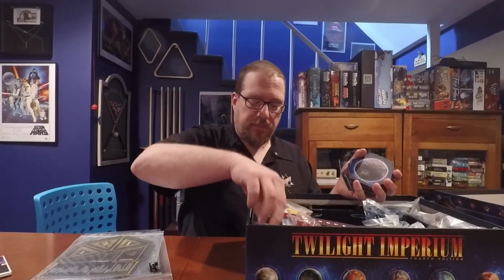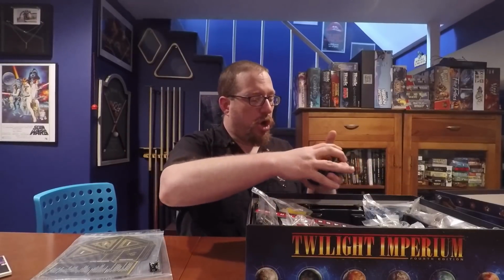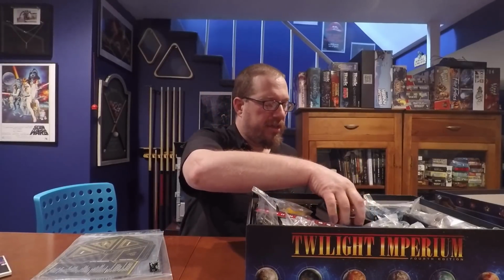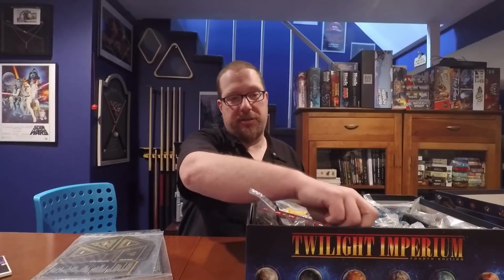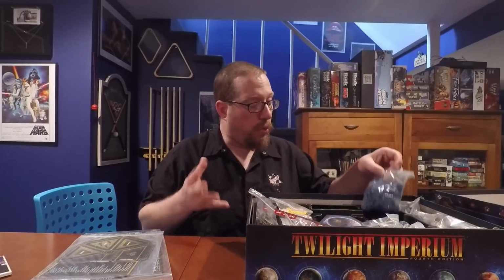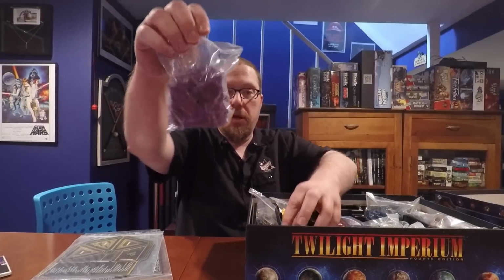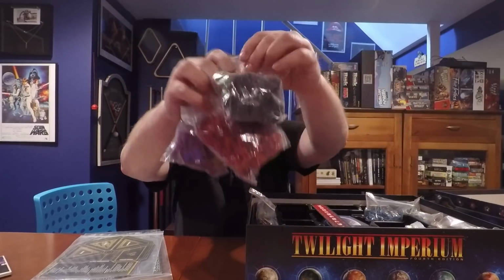We have cardboard punch-out chits for each of the factions, and this game comes with all of the factions that were available in all of 3rd edition, which means it not only includes the factions that were in the starter box for 3rd edition, but the factions that were also in the expansions in 3rd edition. I mean, there's so much in this box. It's insane. So the 6 colors you have to choose from when picking a color are purple, red, yellow, black,